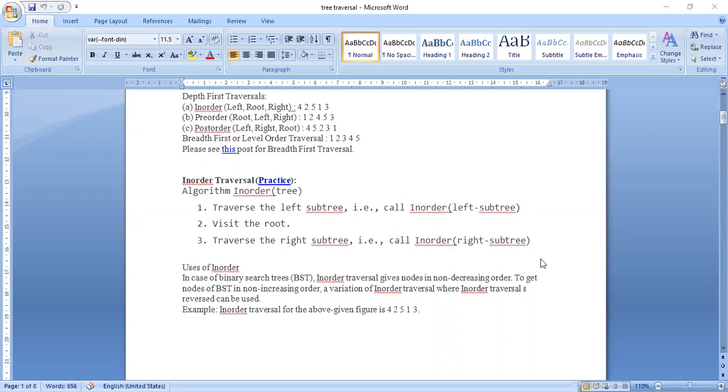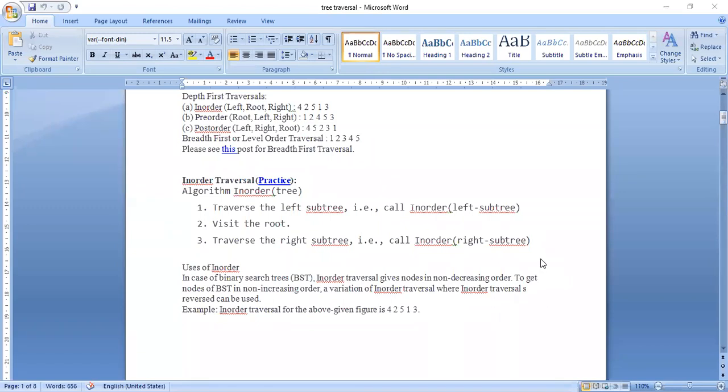If there is only a left child and right child, it's okay. But if there is a left subtree and a right subtree, then I will do the same thing. If I want in order, I will apply the same in order to the left subtree and right subtree also.